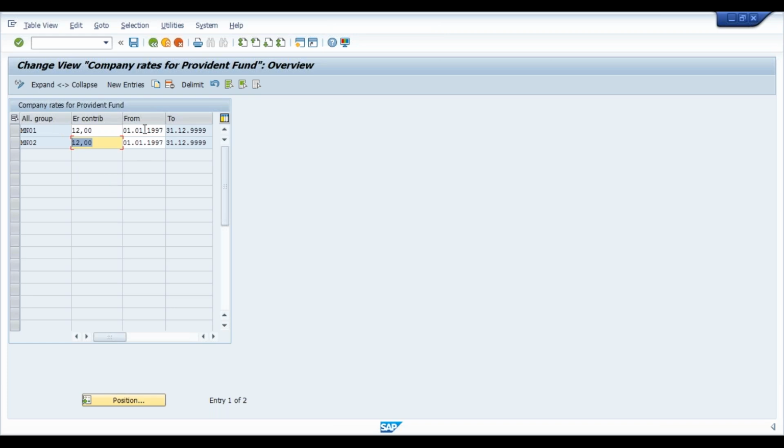You have to maintain from date and to date, similar. Okay, so this is the way you can maintain a contribution, that is PF rate here. Click on back,